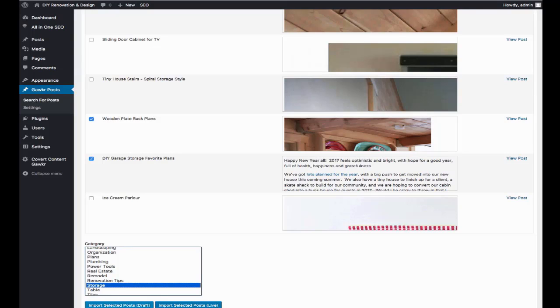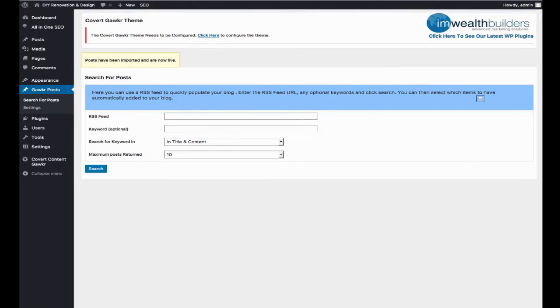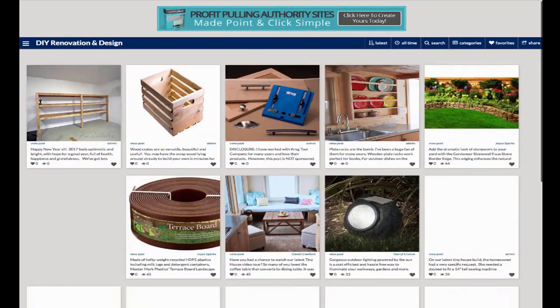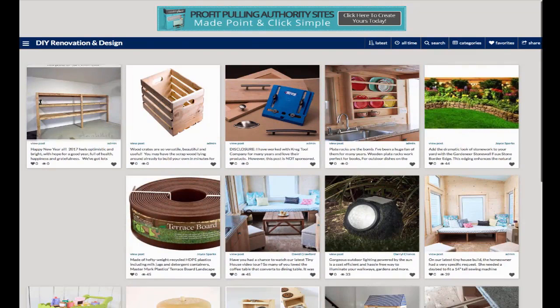And finally, you select whether you want to import the selected posts as drafts, so you can edit them, further tag them, and whatnot before they go live, or whether you just want to set them to live. I'm happy to import these to go live straight away, so I click the button, and it says posts have been imported and are now live. So if we refresh our page here, we will see that I now have 4 new posts on here,